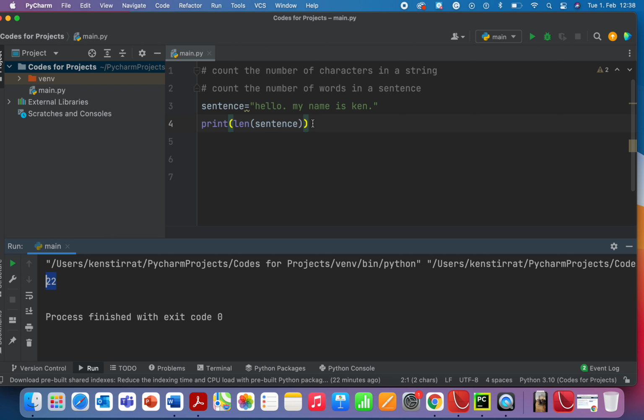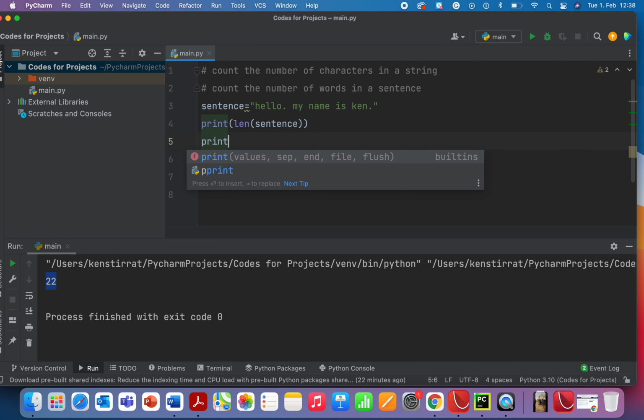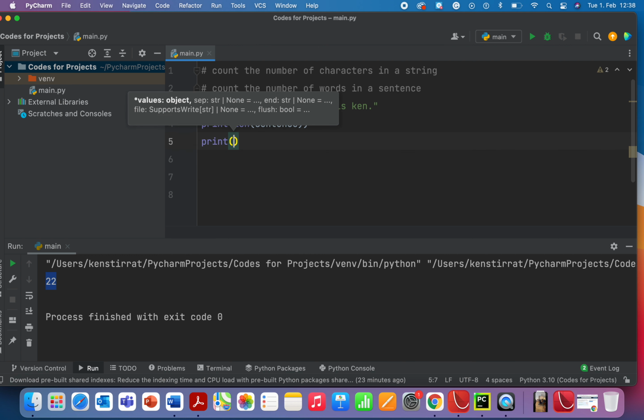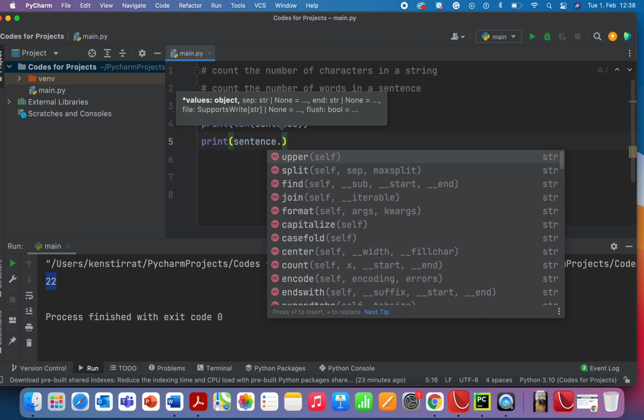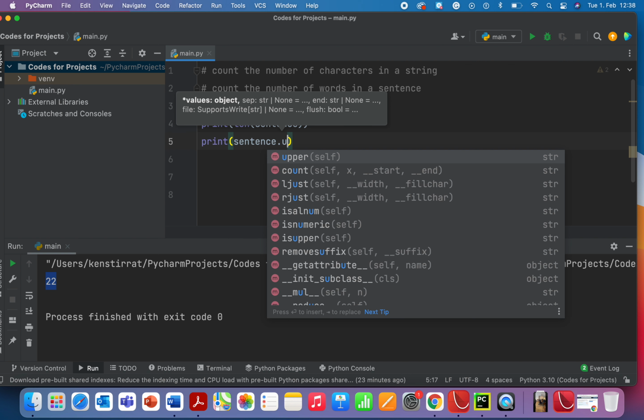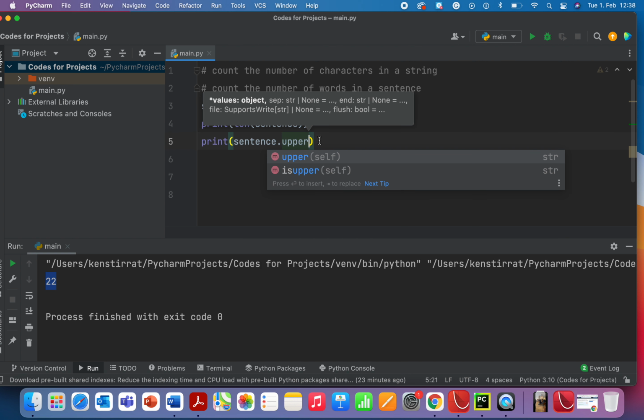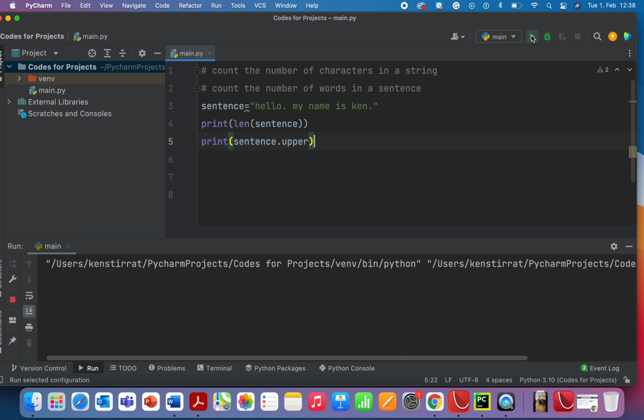But what about if we try to unpack how many words there are here? Well, there is a nice little tool, and it's called split. So if I do print and open the bracket again, now I am going to split the sentence. So sentence dot. Now if I put a little dot at the end of a variable, these are all the add-ons you can do. So upper, well, let's try upper first. Upper. And if I just close that off, and then run this,